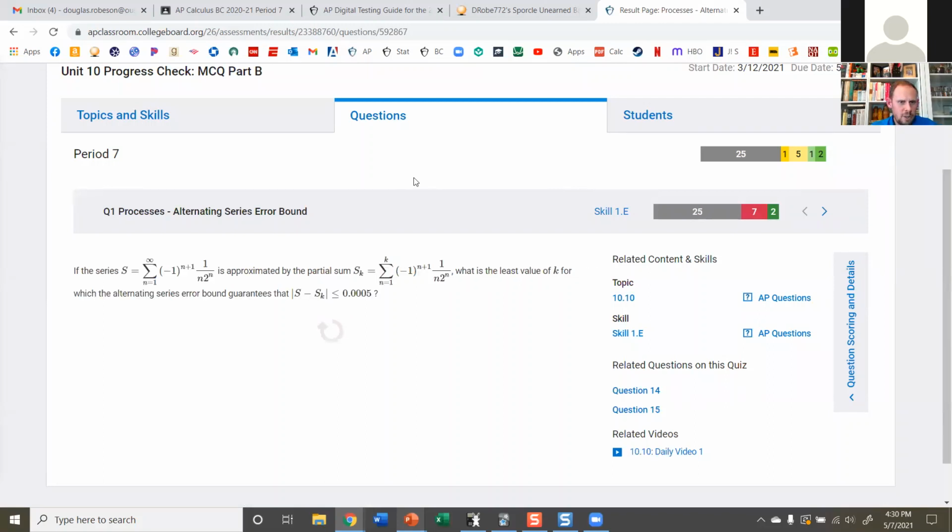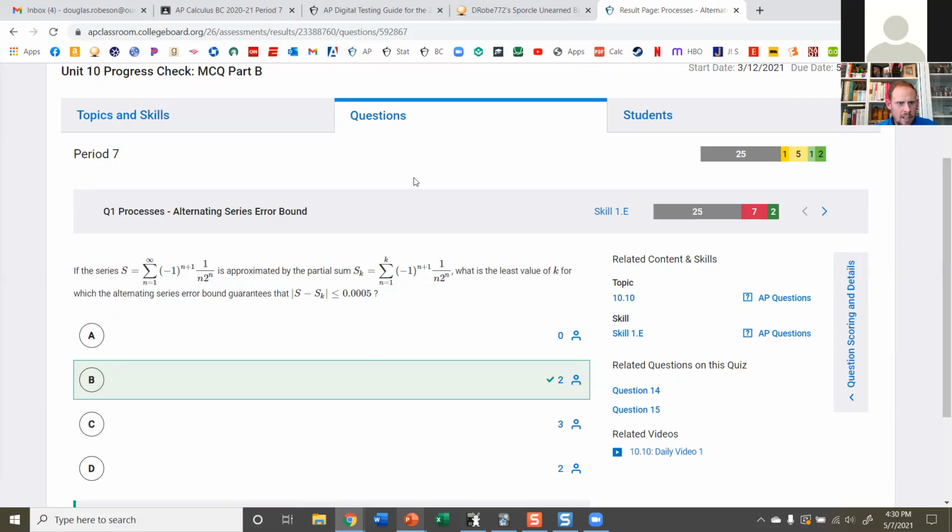All right, so we're looking for the alternating series error bound. So we've got this series. It's alternating because we have this -1 to the n plus 1 here, which means it goes negative, positive, negative, positive. The rest of this is always greater than 0, and it's always decreasing. So it's definitely an alternating series. All right, so S sub k is the partial sum, so it's the sum only to k. What is the least value of k for which the alternating series error bound guarantees that the difference between the actual sum and the partial sum is less than or equal to